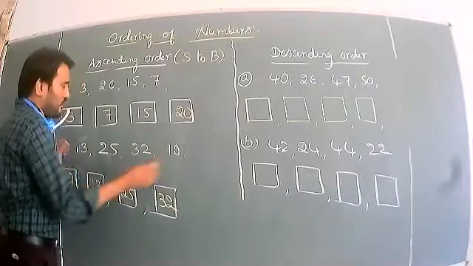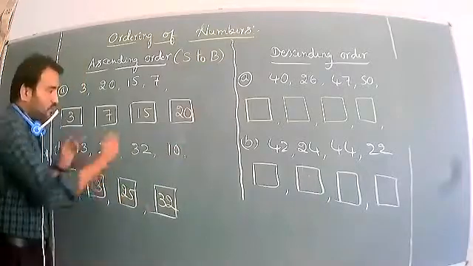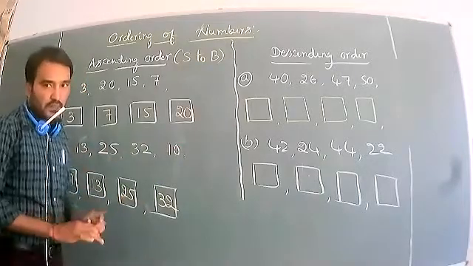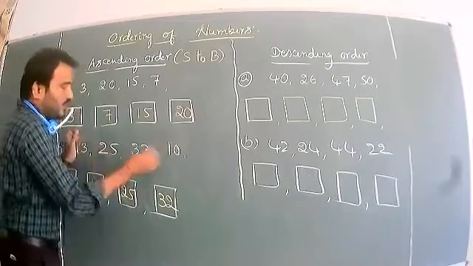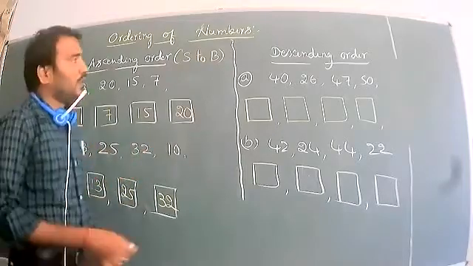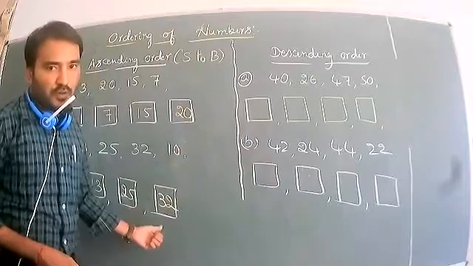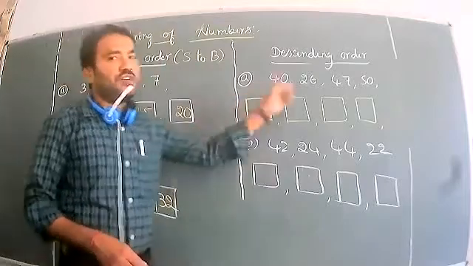So it is simple, so we can cancel it. It is not considered again. One time we should write it, so don't take the same number again. Okay, we can close it. So we can easily choose the number. Okay, now it is ascending order, small to big. Now I will go for descending order.